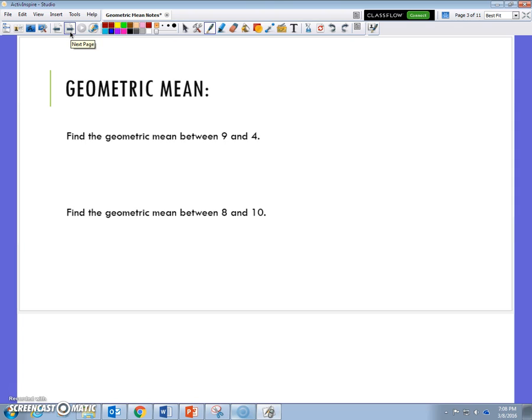If I wanted to find the geometric mean between 9 and 4, I'll do it both ways. What it's saying is if I had this proportion comparing these two ratios where 9 and 4 were the extremes, the mean number, if it was the same, would be called the geometric mean. So I'm looking for that value that will make this proportion true, but it has to be the same number on both sides. It has to be the same value on the means. So if I cross multiply, 36 equals x squared, and I take the square root, I know that x equals